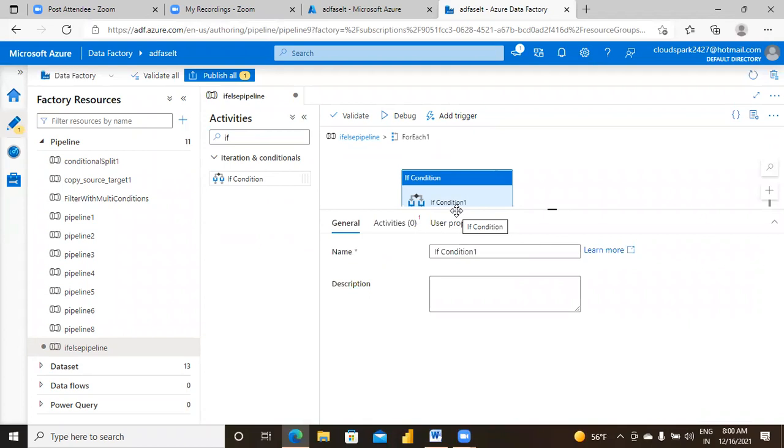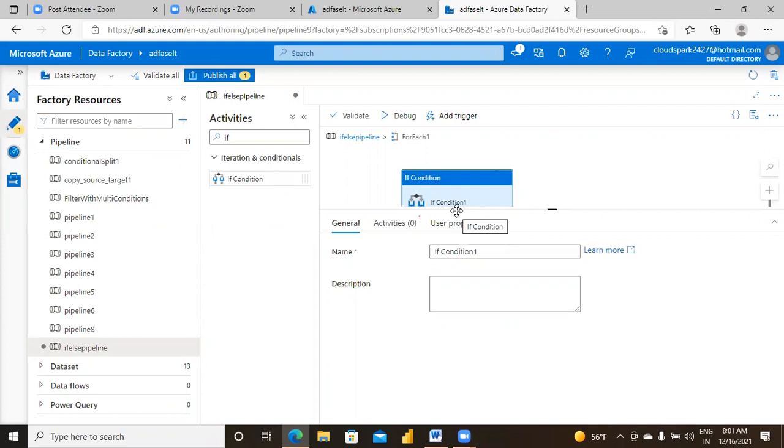So instead of going for two separate filter paths, again for each, filter, separate for each we have applied yesterday in the last class, instead of going for that, you can straight away go like this. One get metadata, one for each. For the for each, as a sub activity, if. Again under if, there are two sub activities. In true activity, give one copy.